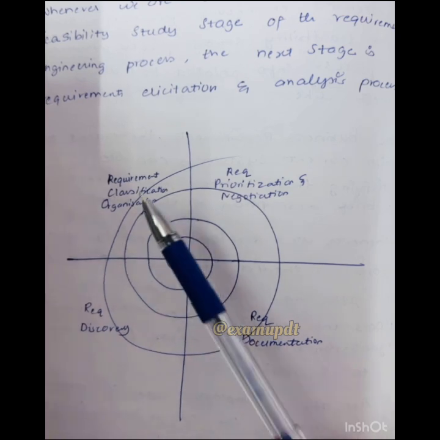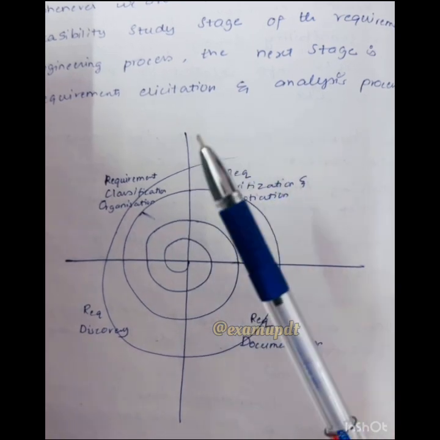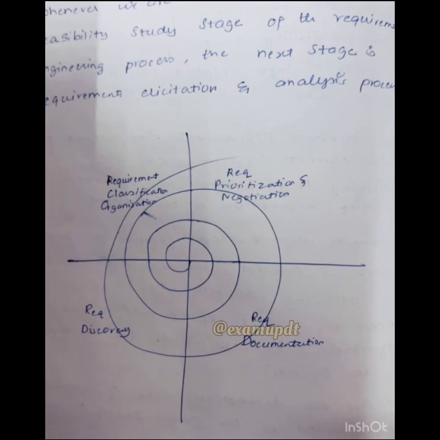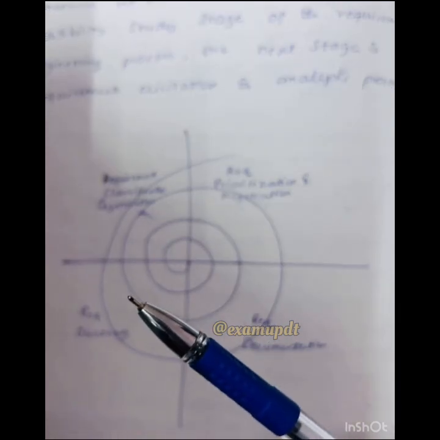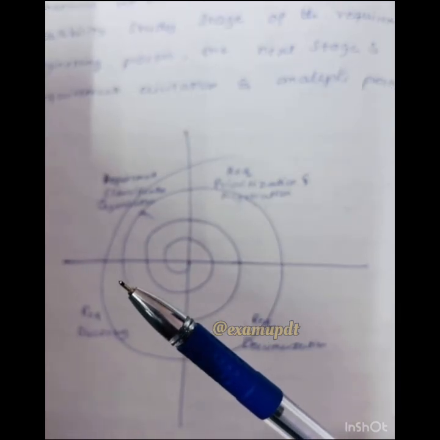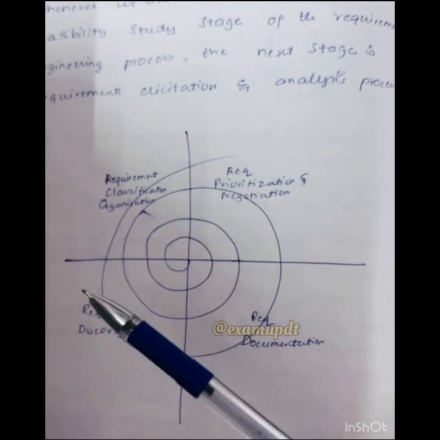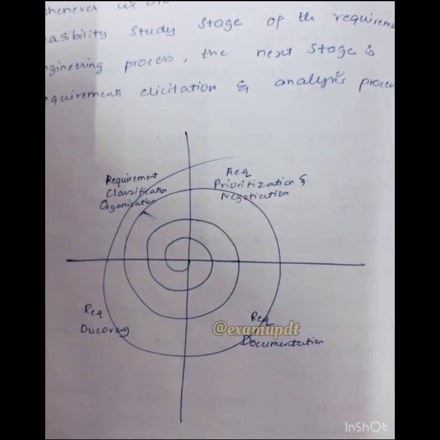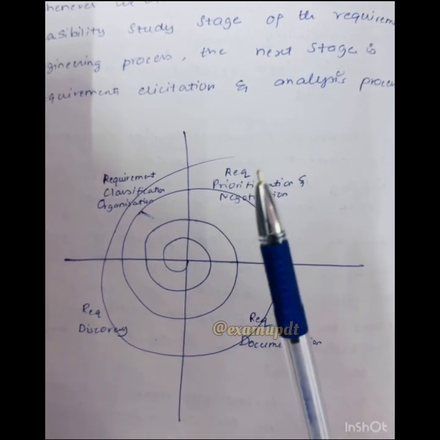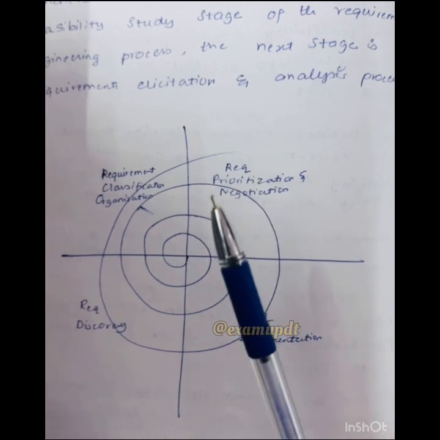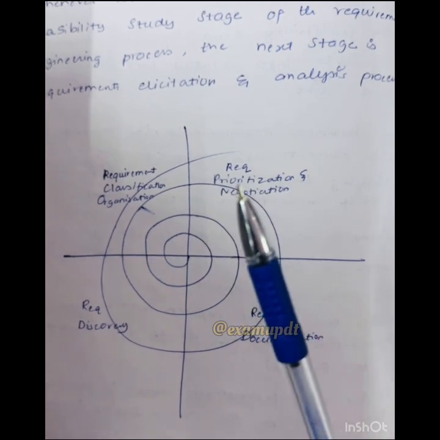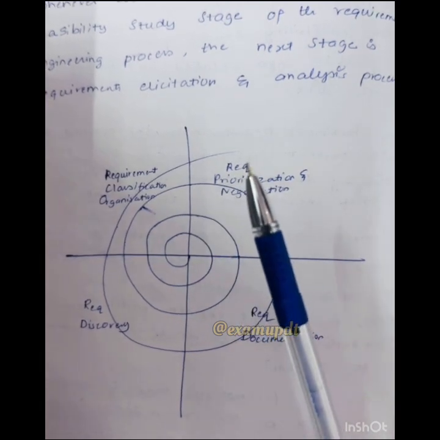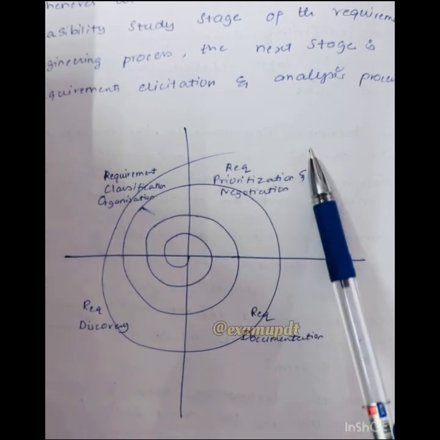Once all the requirements are gathered and documented, they need to be organized neatly. Related requirements are grouped together, often forming clusters. So once all the requirements are gathered, they need to be organized neatly, and the related requirements should be grouped together. Next is requirement